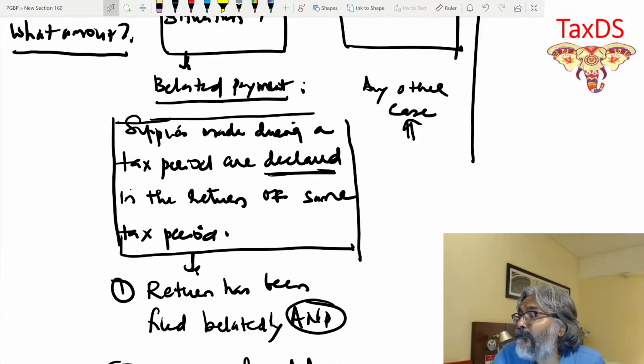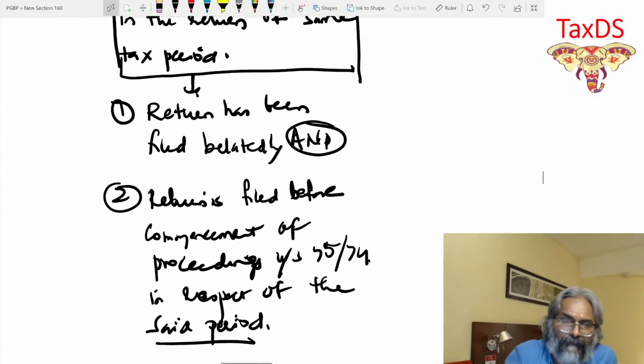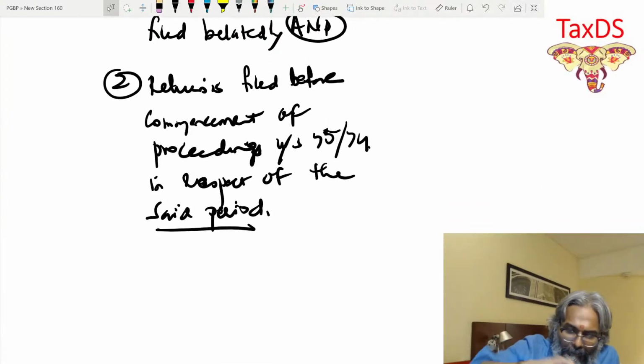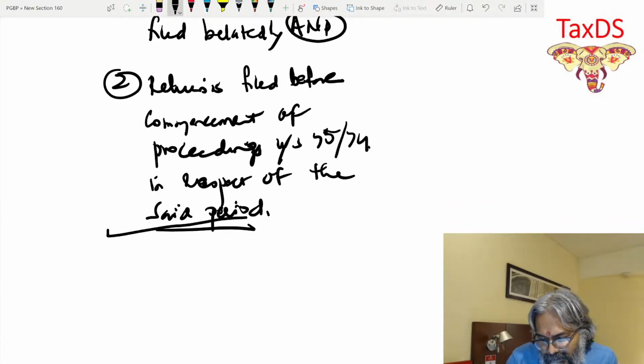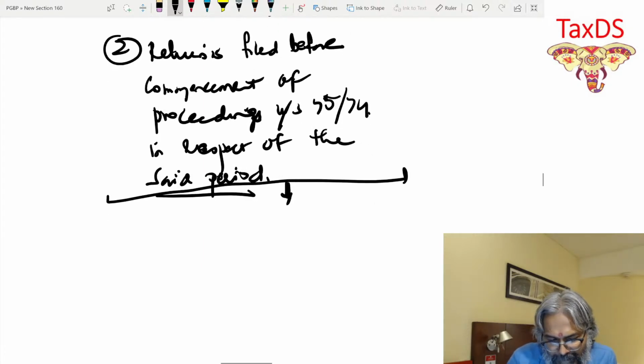So now, if you are capturing that supply of February month in the return that you are filing in the month of August, whether your case will be in situation 1 or situation 2, these are the permutation combinations that you need to be very careful about. And if you are all through with this combination, students, then the game is on. What is the game, students? This is the game that you have to play.